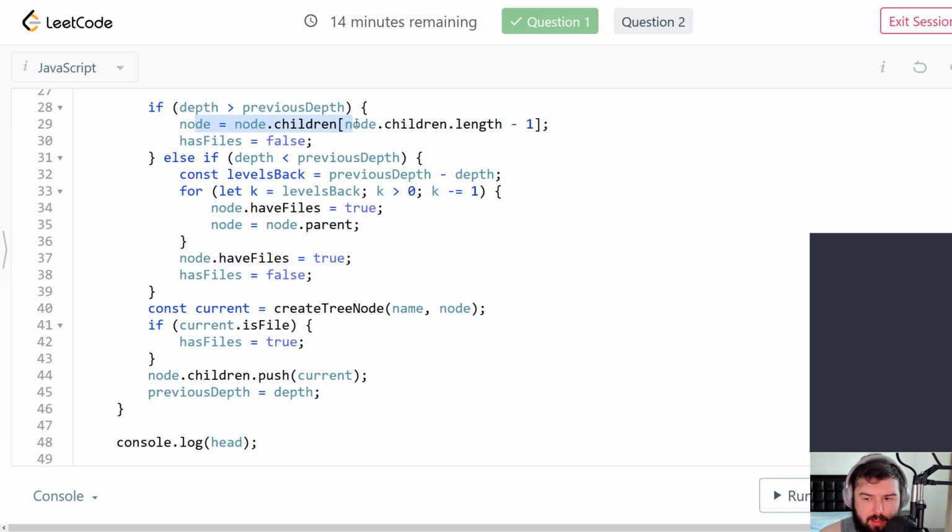When we go inside, we don't mark anything as hasFiles. When we go in the same directory, we also don't mark anything. Also, I think when we go upwards, we also need to take a look at